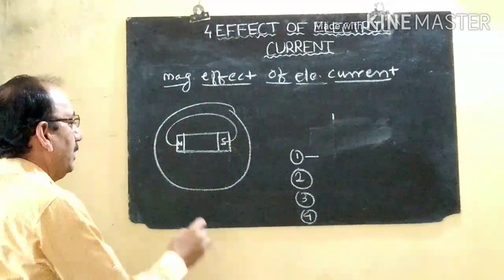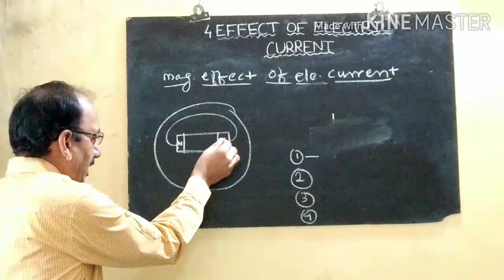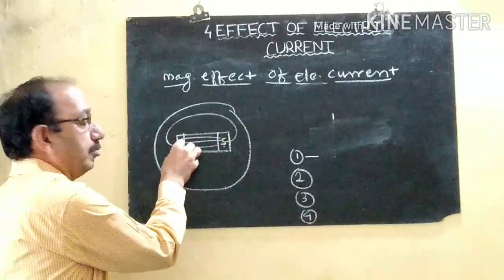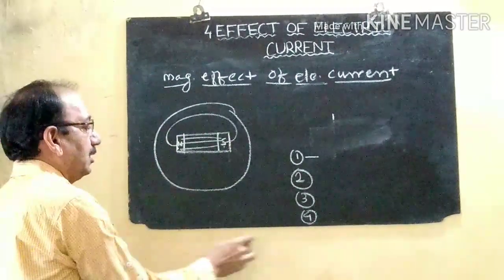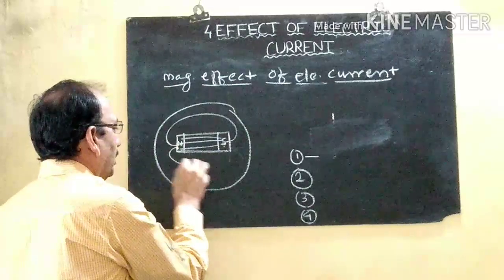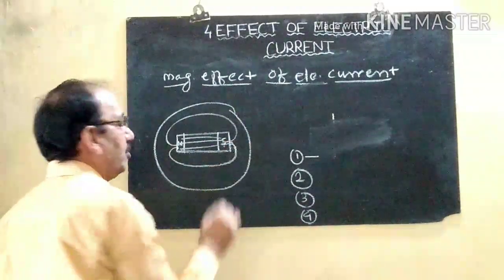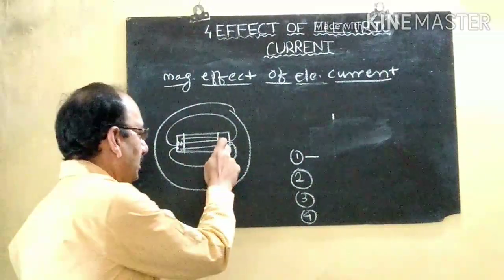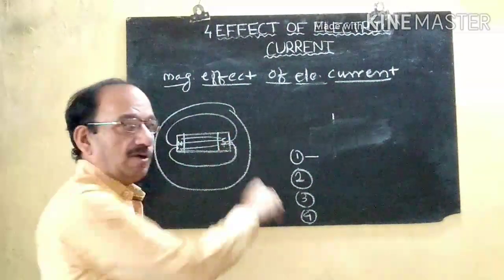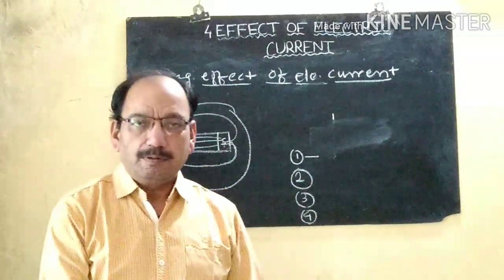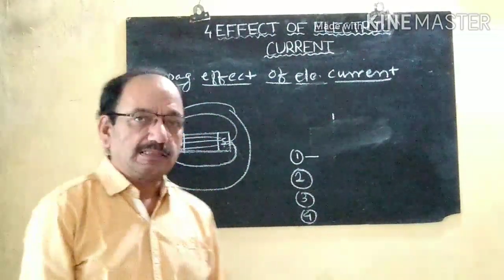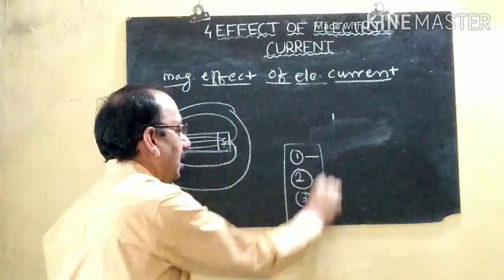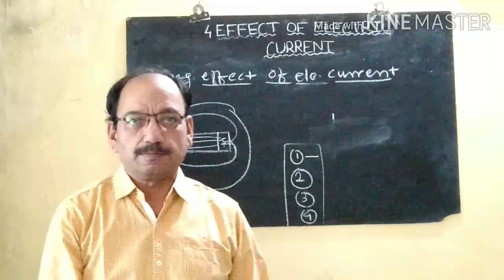Another property: the line which passes through the center of the magnet starts from the south pole and ends at the north pole. The third property: magnetic lines of force never intersect each other, and where the magnetic field is strong, the number of magnetic lines of force is greater as compared to other places. These are the magnetic lines of force which you have already learned in the previous classes.